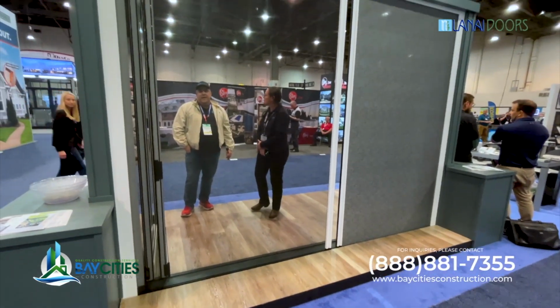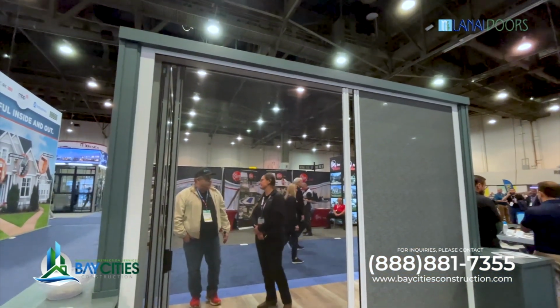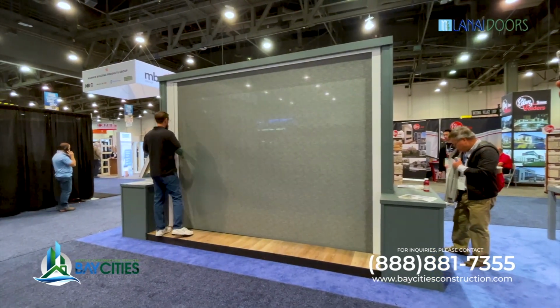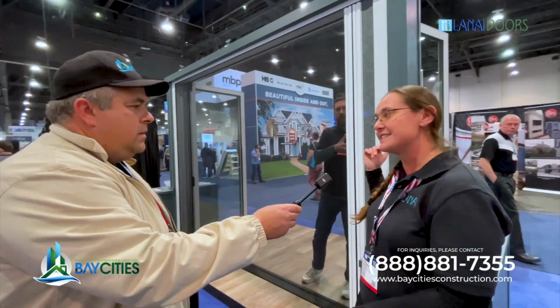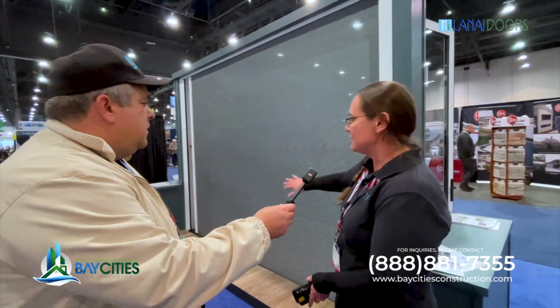Well, we have accordion doors and we even do accordion windows. What we offer are an infinite number of configurations. Everything can go to one side. We can split the configurations. We have thermally broken and non-thermally broken aluminum. We have shade systems and screen systems. Our screen systems can go up to 15 feet in one direction. Our shade systems can go about 14 feet in any one direction. It helps cut down on window treatment costs, and it gives you that nice modern seal all the way around